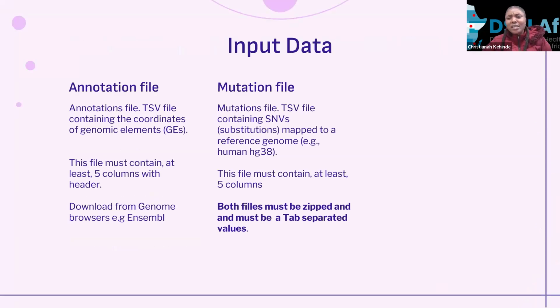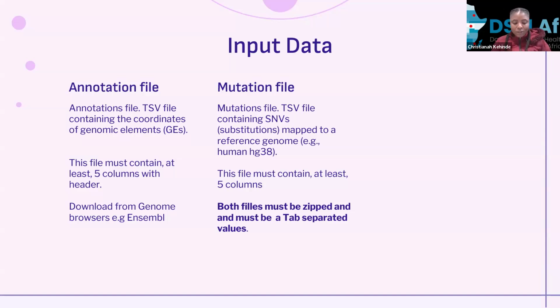So the next thing is the input file for the data. We're going to see that now because we'll be running an example on the tool very quickly. But it's important to take note that the arrangement of the input file, in terms of it containing the required data, is very important to get the good outcome that is needed. So basically, there are two main input files, and that is the mutation file and the